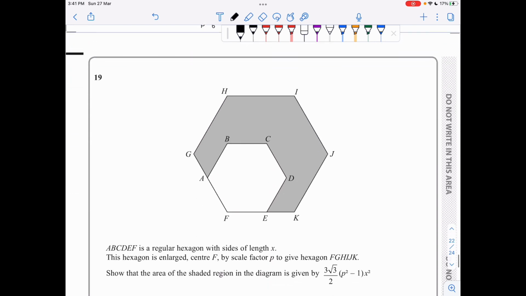Question 19, it's a regular hexagon ABCDEF with side lengths x. So this here is x, all of these are x. And it's then enlarged by a scale factor of p. I need to show that the area of the shaded region is given by this expression here. So I will start by finding the area of the small hexagon. If I draw the diagonals like this,